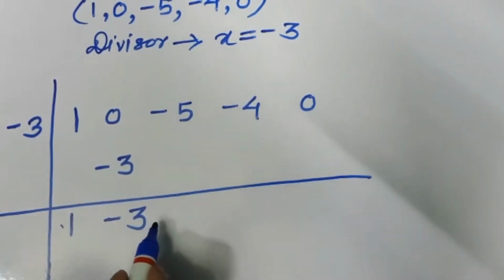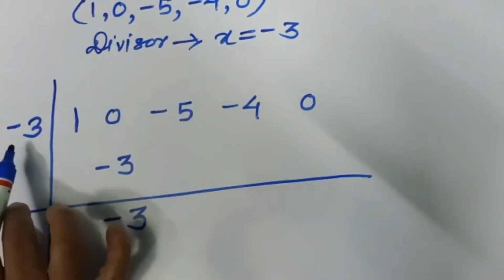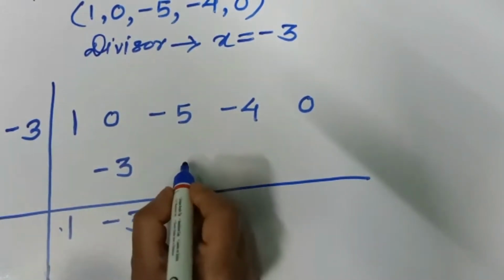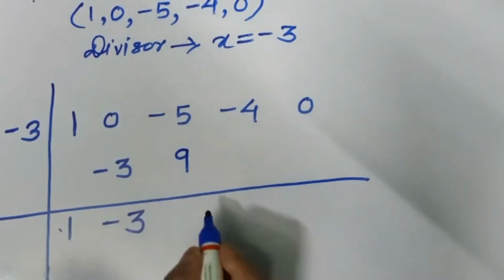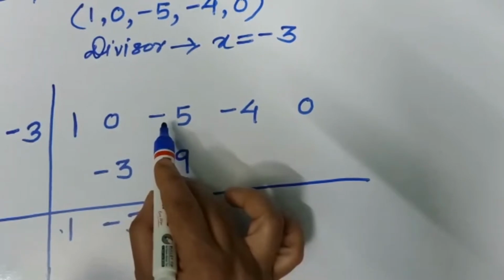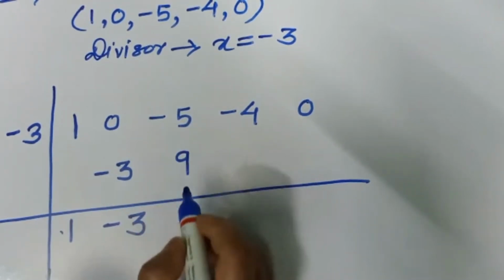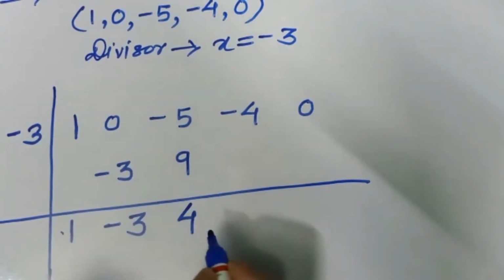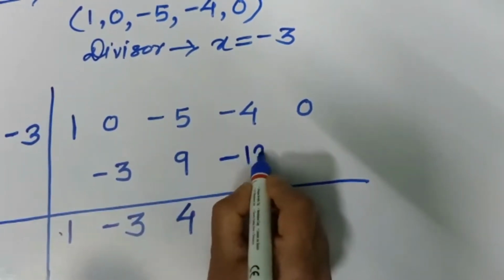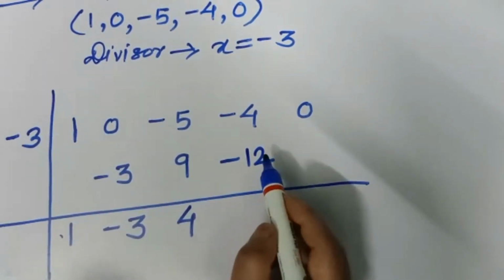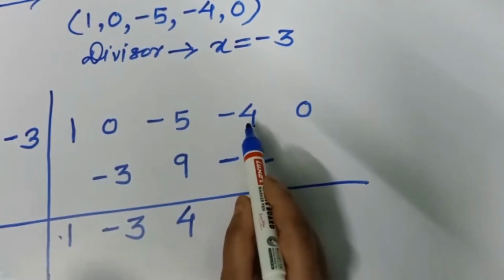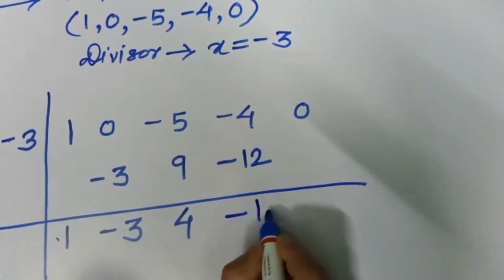Afterward again we have to multiply this divisor minus 3 by this minus 3. So minus 3 into minus 3, 3 3s are positive 9. Again here we have to take the difference because of two different signs, minus 5 and plus 9. So here the difference is positive 4. Again 4 3s are 12. So here minus 12 will come. And what is the sum of? Why we are taking here sum? Because of the similar sign. So here sum of 4 and 12 is minus 16.